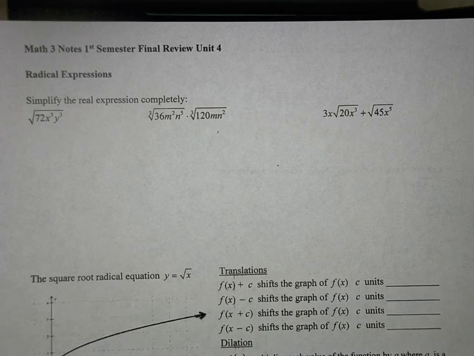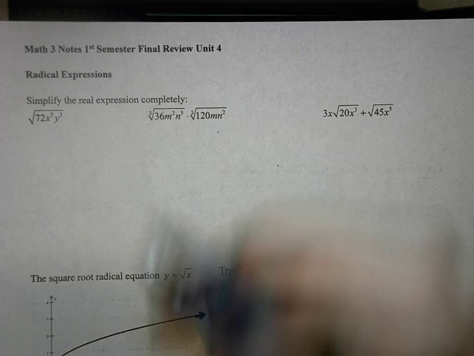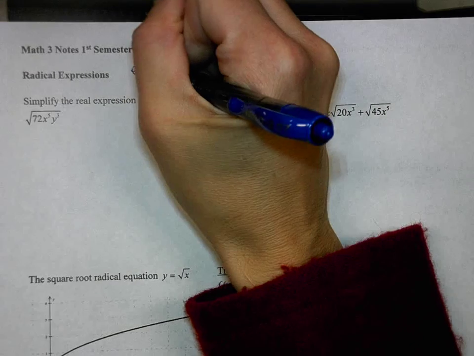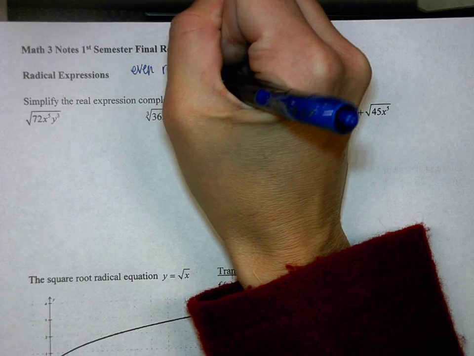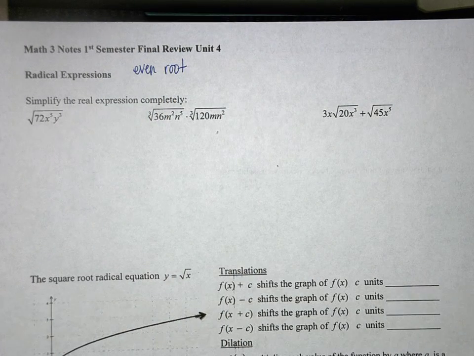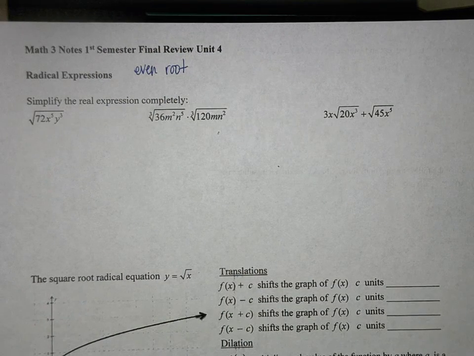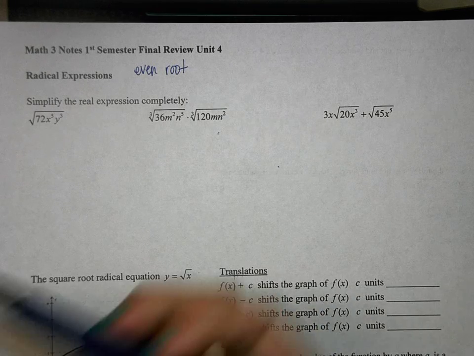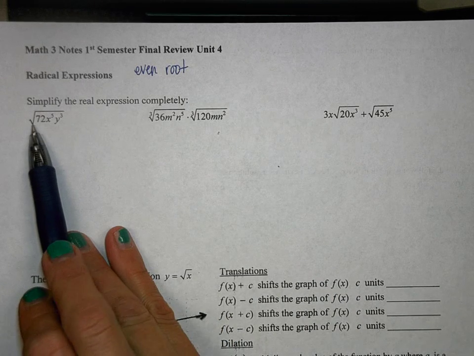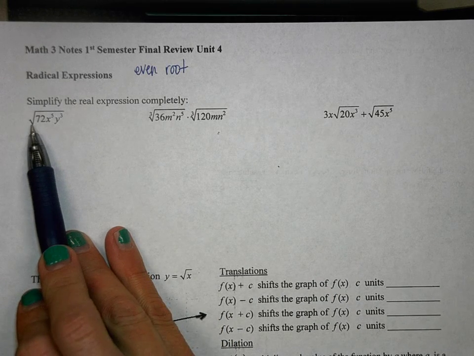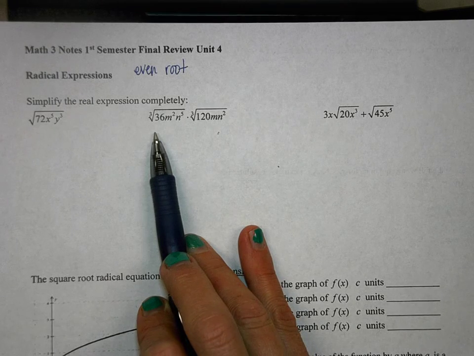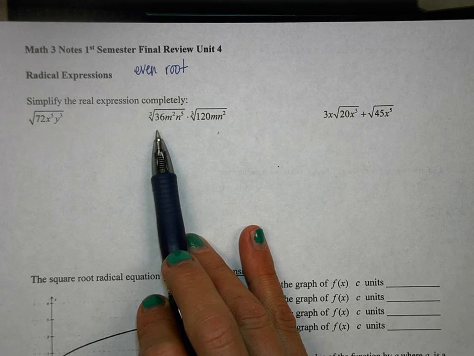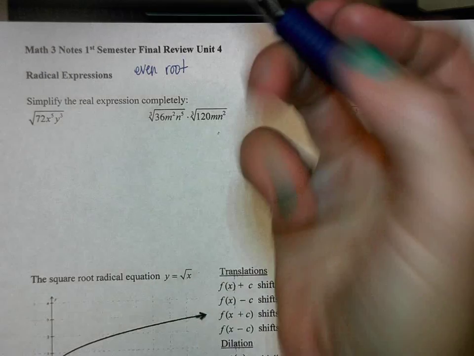So the one thing that you need to remember is that when you have an even root, and what do I mean by even root? Like 2 or 4. So like this right here, if it doesn't say it, it's an even root. This is 2, but this is an odd root. Okay, so when you have an even root